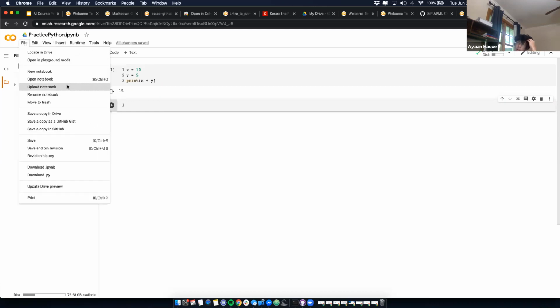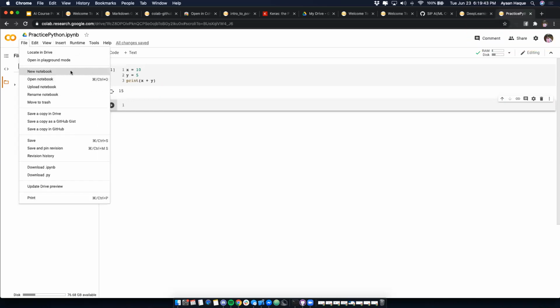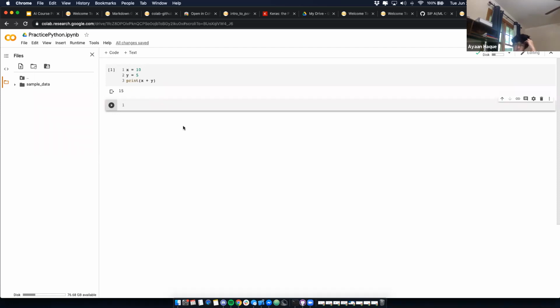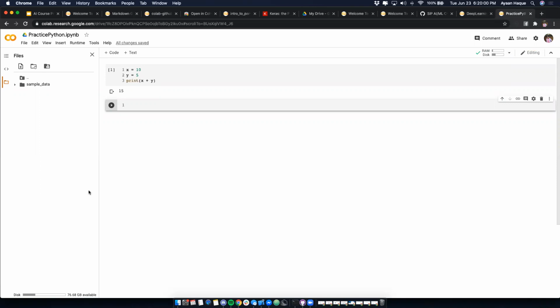Right here, do File, New notebook. Wait, do I have to change the file path or no? No. It keeps telling me that I have to be logged in with a Google account. Yeah, you're going to need a Google account to use Google Colab. I am on my account, my Gmail, I guess. Maybe you're not logged in. I'm not sure why that's happening.